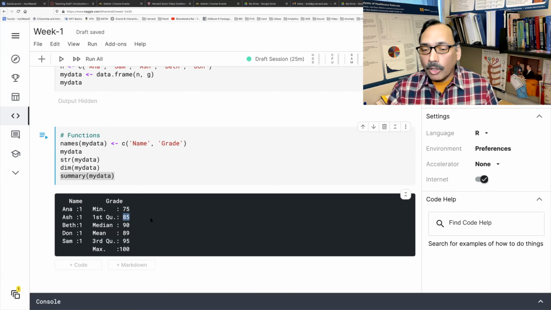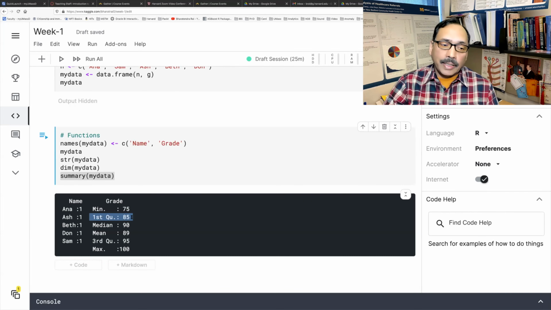Just like a basketball game, you have 4 quarters, and if 2 quarters are over, that means half of the game is over. If 1 quarter is over, that means the first quarter is done. So for a larger data set, what the first quartile means is that 25% of the data is below this number and 75% of the data is above this number.